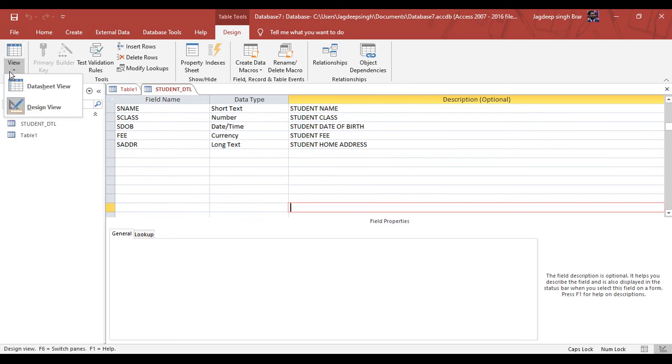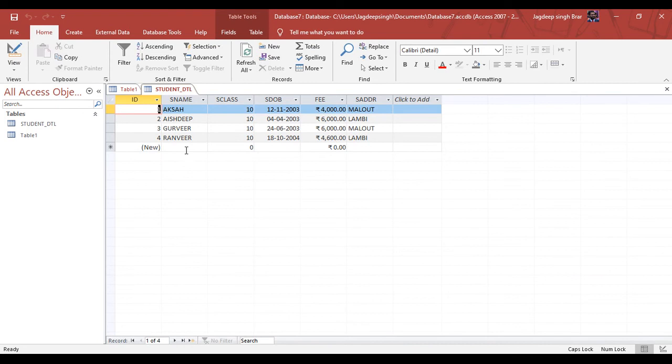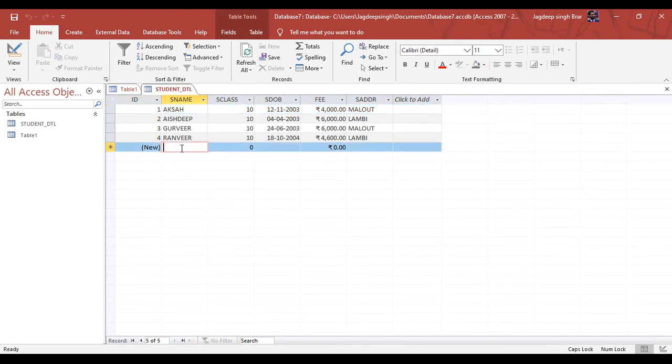So now just change to the datasheet view. Just enter some new information like a name, Tajinder. So here in Tajinder there are 3, 4, 5, 6, 7, 8 characters.